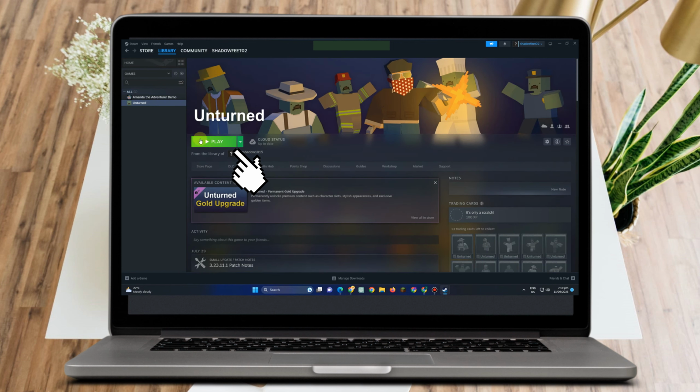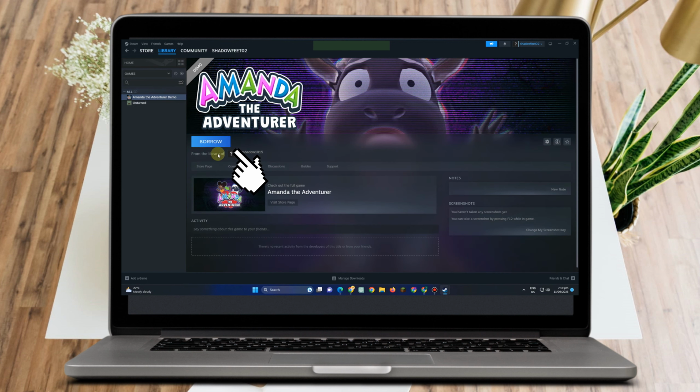Now, if this one doesn't work, then he or she can see a button here that says borrow. All she or he has to do is tap that one, then your friend can play the game. And that's how easy it is. Borrow games on